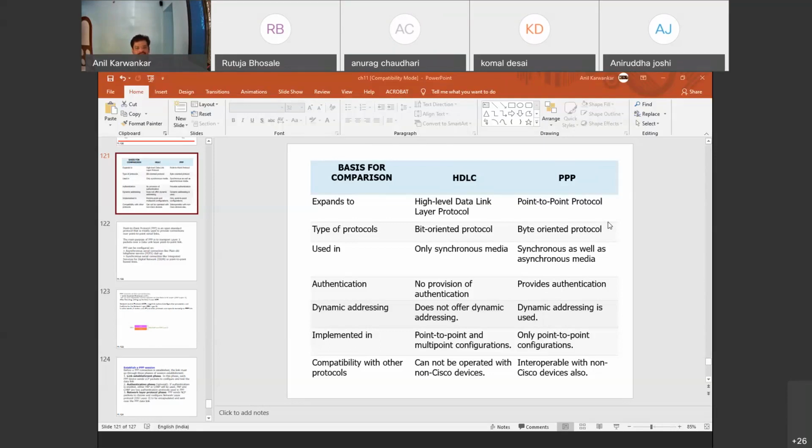That's why in PPP, dynamic addressing is utilized. Dynamic addressing is achieved by using one additional protocol just above PPP, known as the dynamic host configuration protocol, DHCP. Whenever you connect, the service provider checks your authentication.